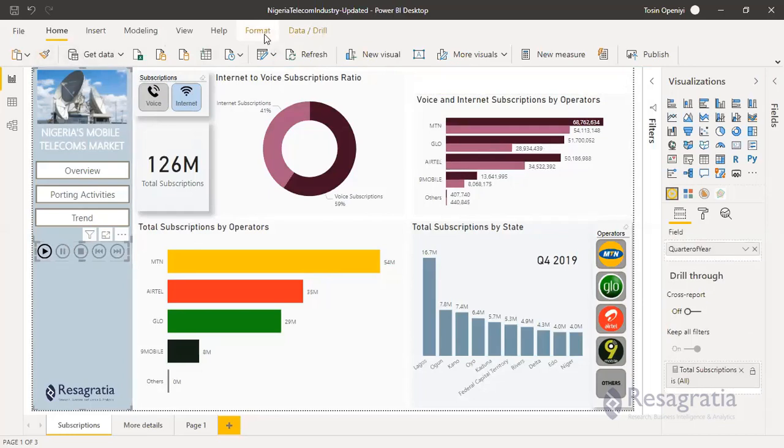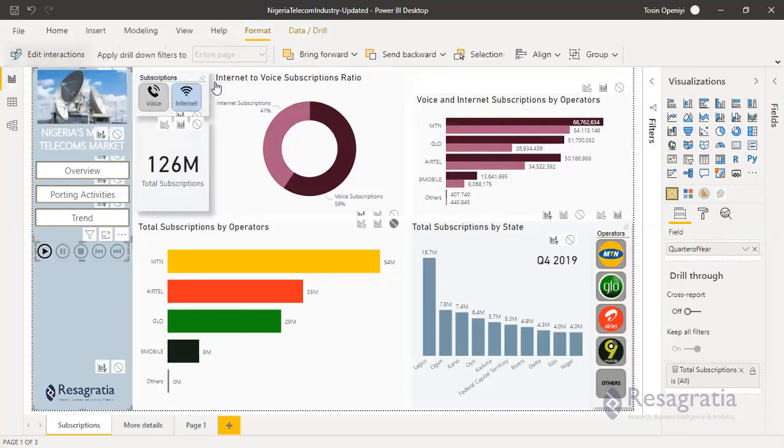Then edit interaction. Okay, so instead of highlights, it has to be filtered so that we'll be able to see how the network is moving by quarter. Okay, so that is fine. I think it's already applied here.